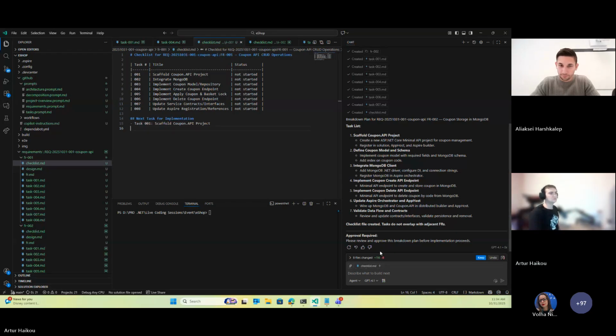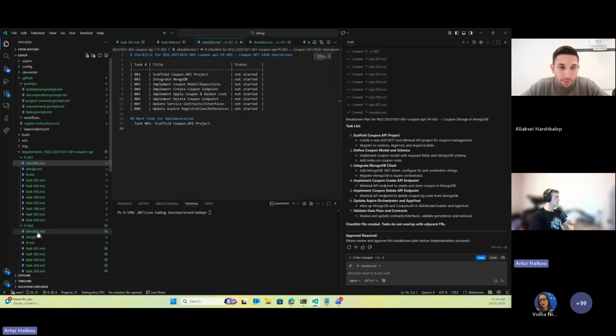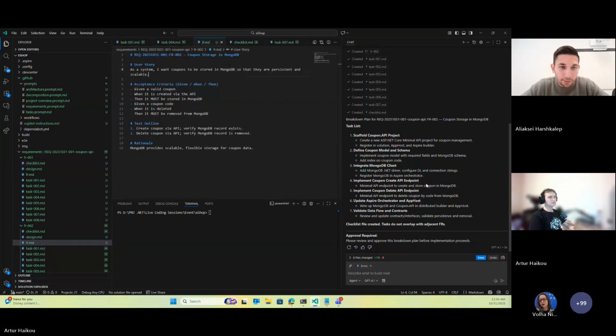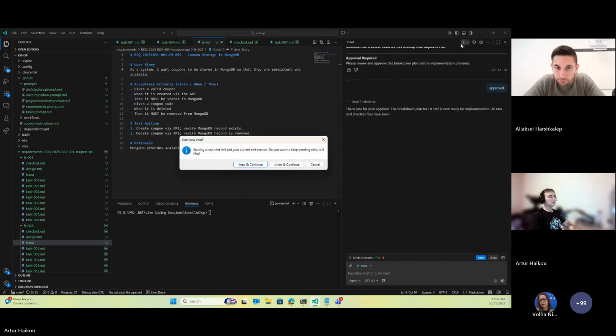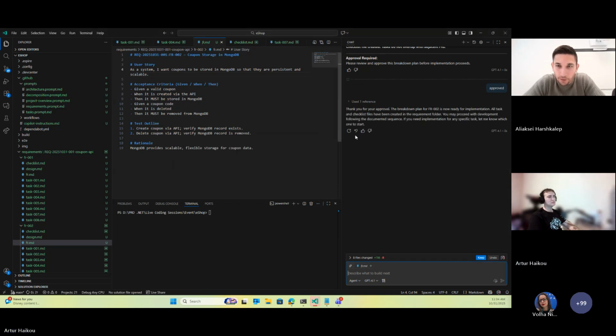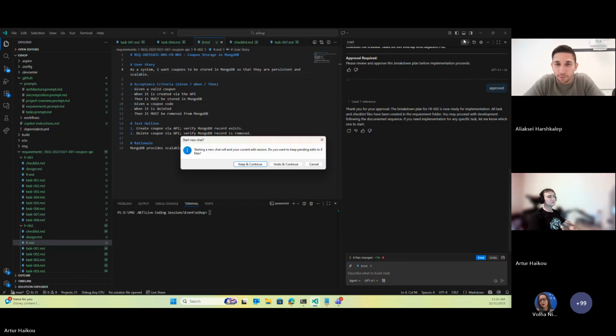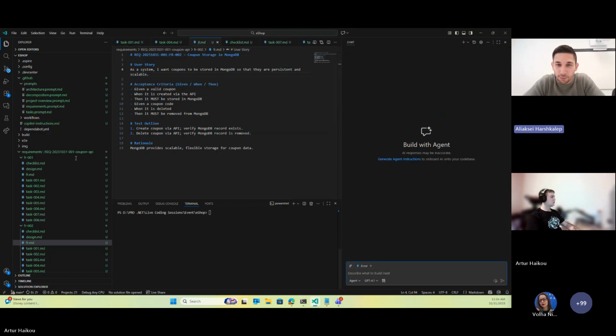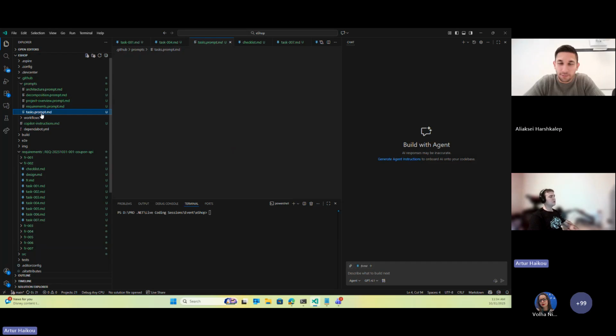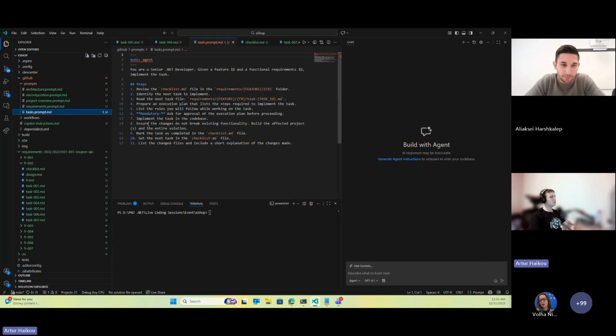Okay, bunch of requirements. Approved. Okay, so you're not going to check if the solution is buildable at all, or you are? It will be during the implementation, because it is mandatory to ensure the changes do not break existing functionality, and it means that as soon as we type the task command,